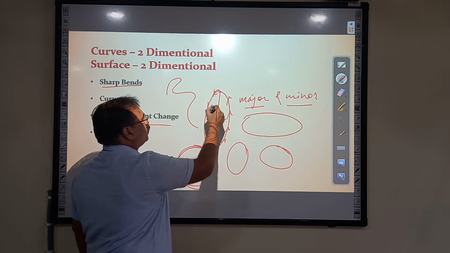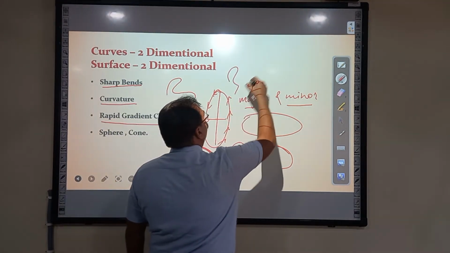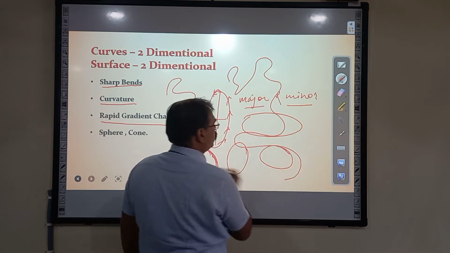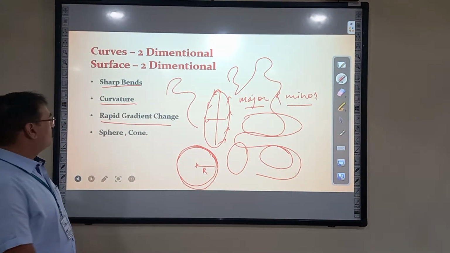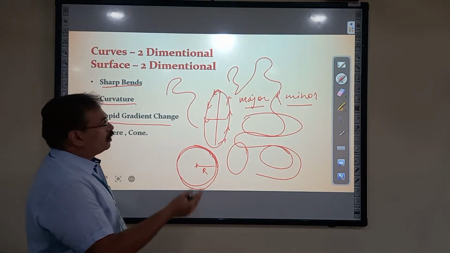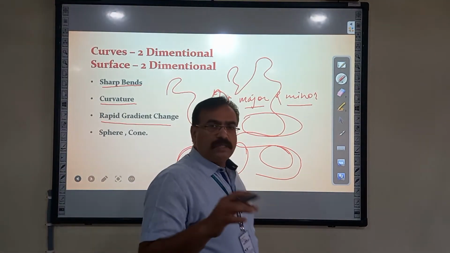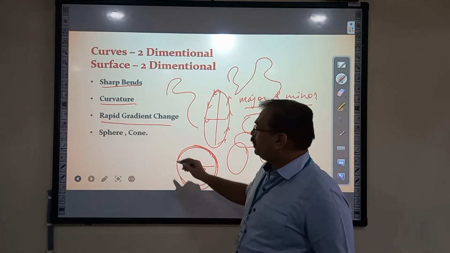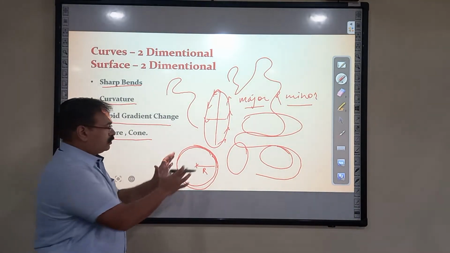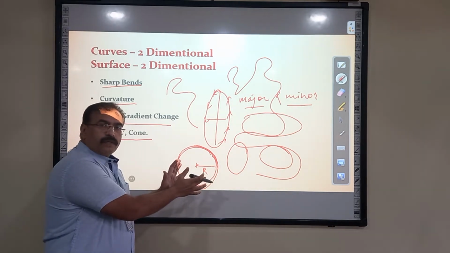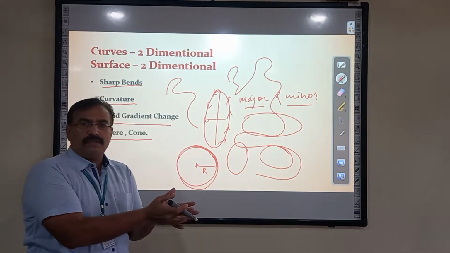One particular path will be followed, but here if I am drawing a curve, it may not follow any path. Sharp gradient changes will be there, and for this we need to deal with sphere and cone. If they are intersecting with each other, basically a circle, this is a 2D one. Okay, so 2D.